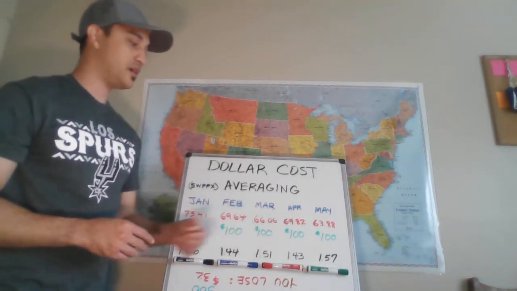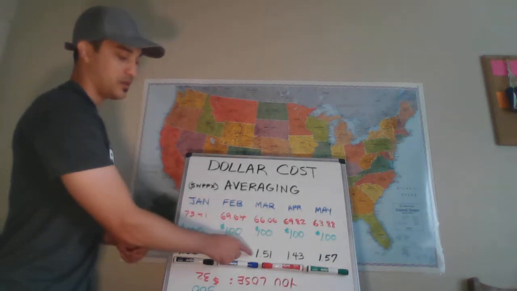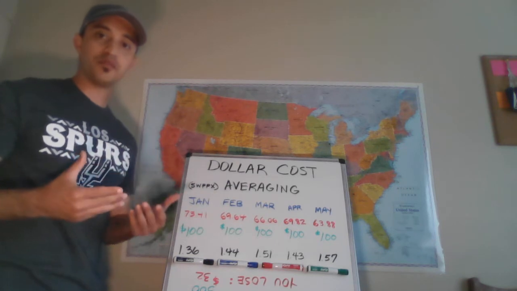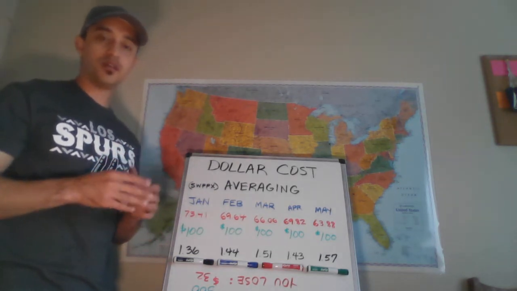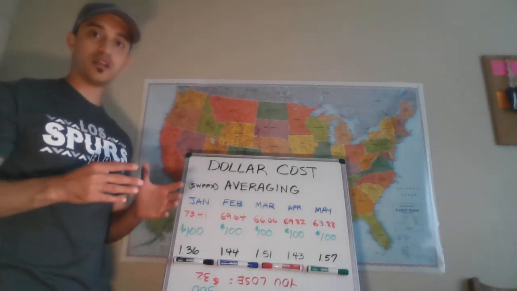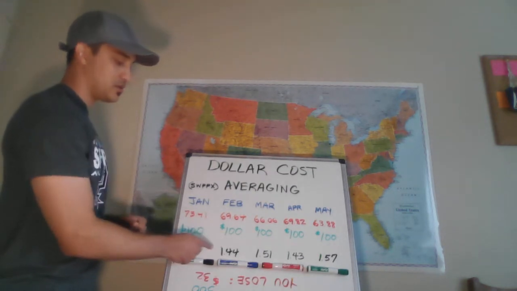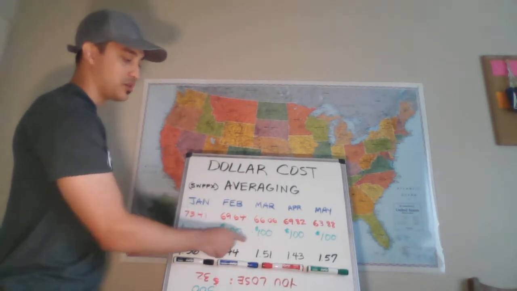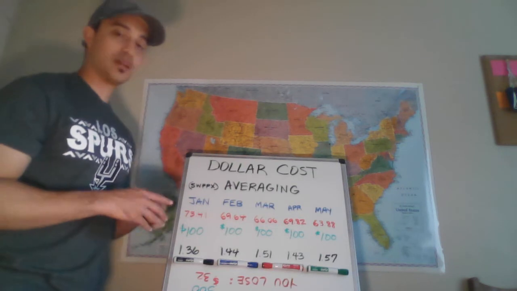by investing $100. So when the prices go down, the amount of shares that you purchase goes up. That's the benefit of dollar cost averaging. You're staying true to your strategy. You're not changing how much you invest based on what the market does. You're not saying, oh, well, the market's doing worse in February, so I'm going to invest less. Or it's doing even worse in March, I'm going to invest less, or I'm going to take my money out. So that's not what you want to do.